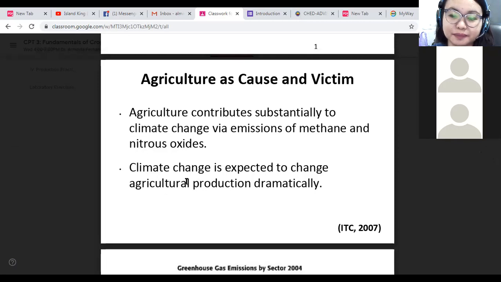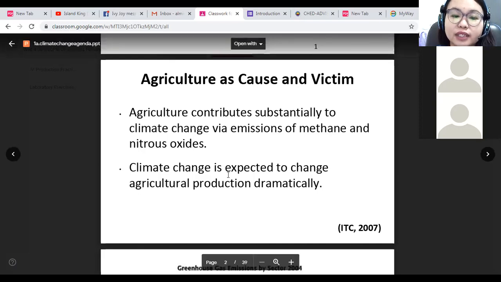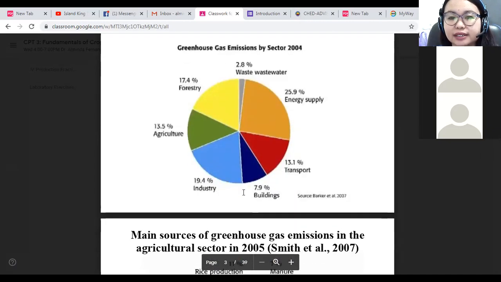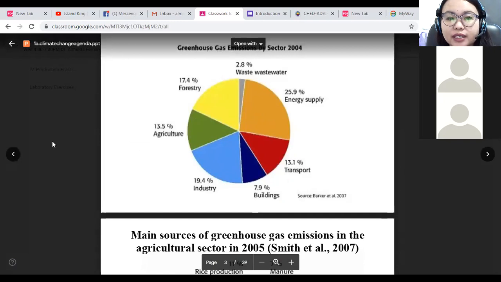35 degrees Celsius. But if it exceeds that, like when you go to Saudi Arabia or the Middle East, where sometimes the climate gets up as high as 50, 60 degrees, some of our plants are going to die, right? So because of climate change and its emissions, the temperature gets high and will affect the health of the plant. So in the next slide, you can see here the greenhouse gas emissions